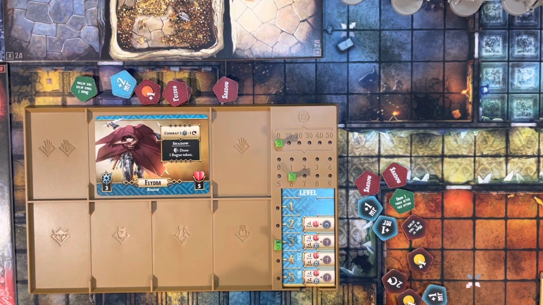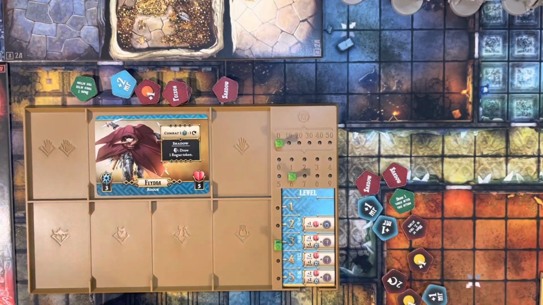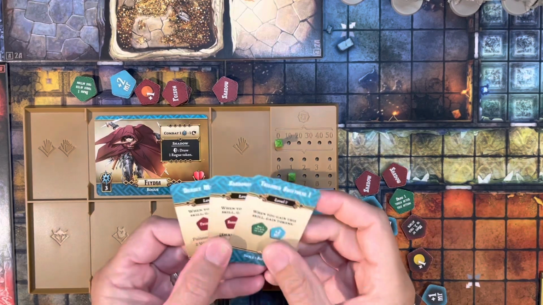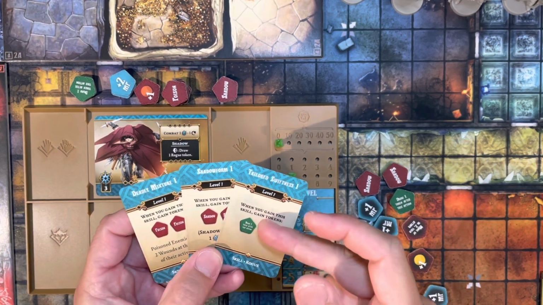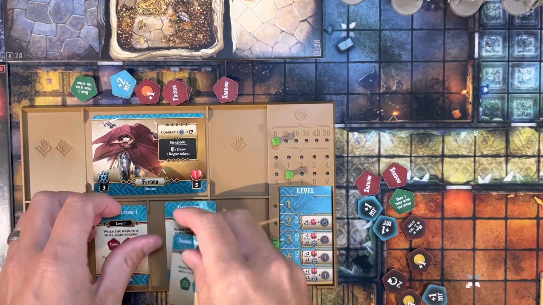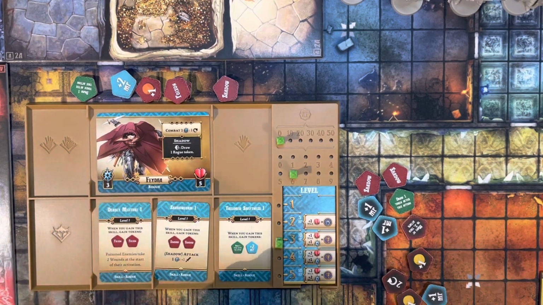Alright, so let's take a look at the skill cards here. Remember, we had 2 reference cards that have this black background. They just set off to the side. And we already looked at your level 1 skills here, and they're basically adding tokens to the bag. So I'm going to lay these out right here just so you can keep an eye on them. Now, your level 2 skills